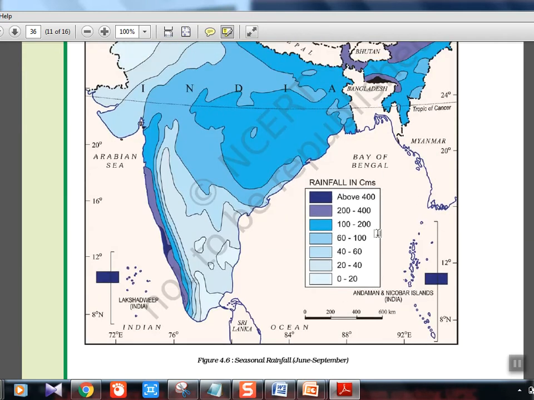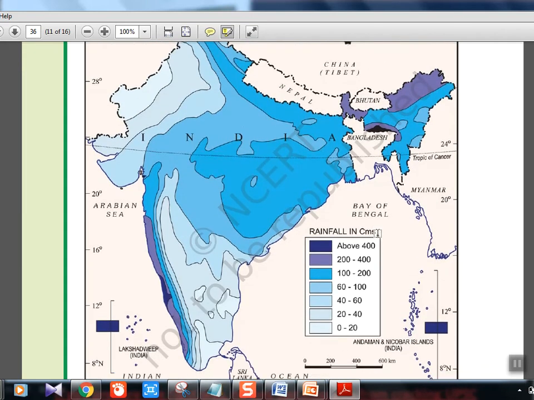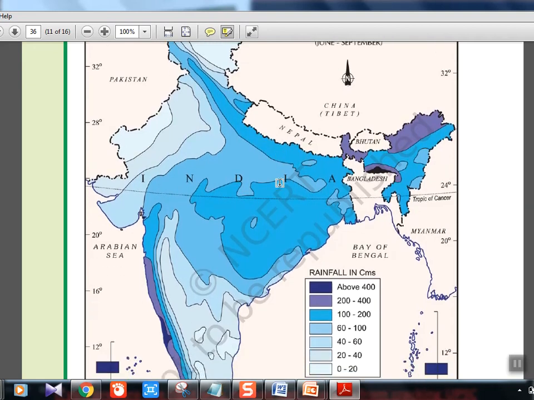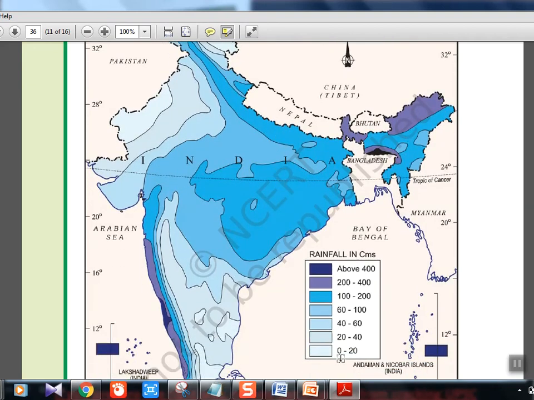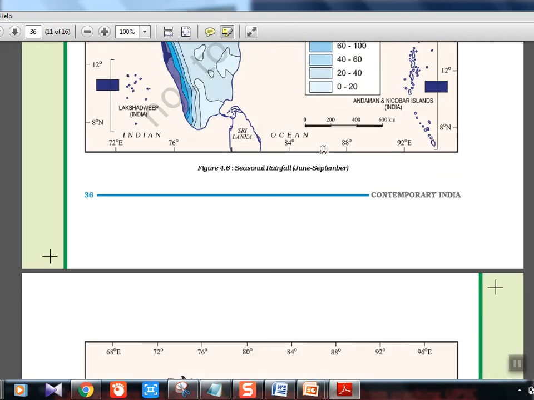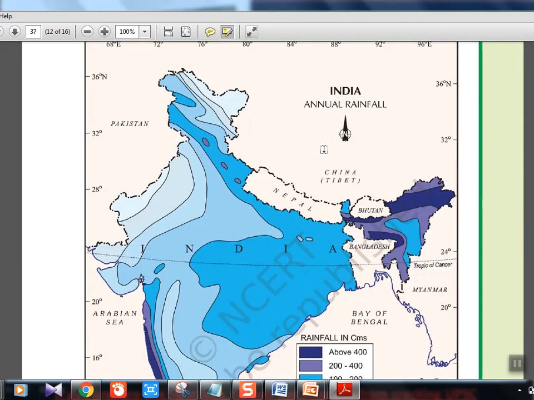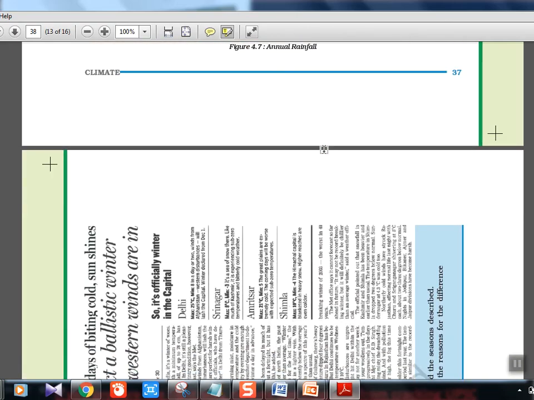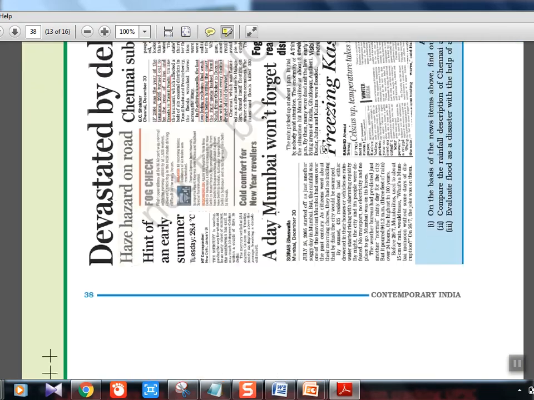This is again the rainfall thing. If you see the western coast and the northeast, it will be above 400 centimeter. And if you see the Ladakh region in the north, and Gujarat, Rajasthan and all, it's like 0 to 20, 20 to 40, this range. So we have that varying scene. In the Ganga region and all, if you see 100 to 200, that is why cropping and all can be done here. Again annual rainfall. You don't need to learn by heart all these charts and all, just to give a feel of how different climatic conditions are there. Different newspaper cuttings, not important.